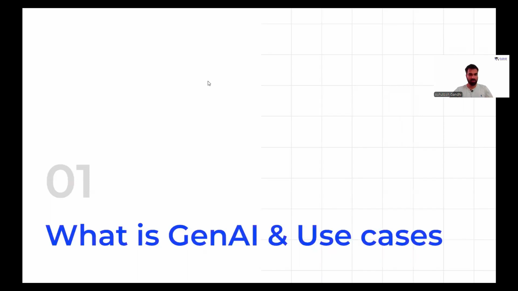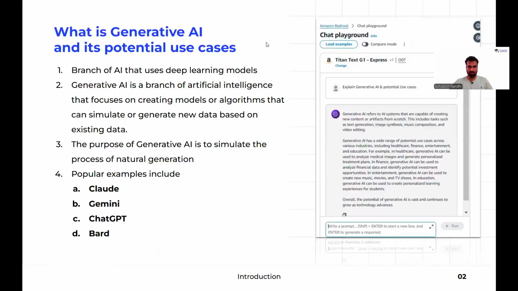Now, let us have a look at what is generative AI and some of its use cases. In order to answer what exactly is generative AI, the best example would be to ask AWS itself: explain to us generative AI and some of its use cases. I've taken the base model Titan Text G1, a text generation model provided by AWS itself, to answer this question. It's given a pretty recent answer that generative AI refers to systems that are capable of creating new